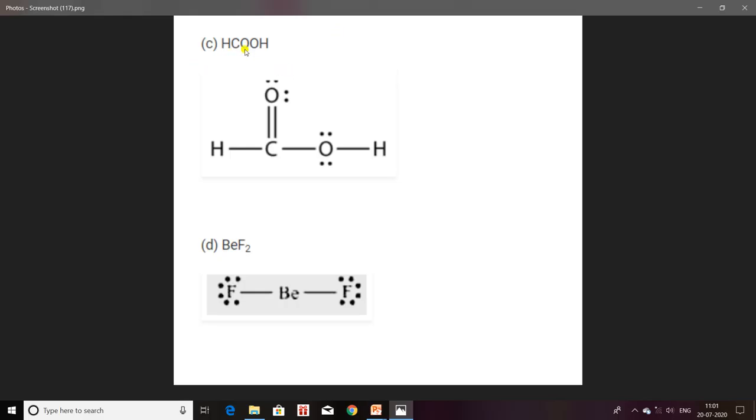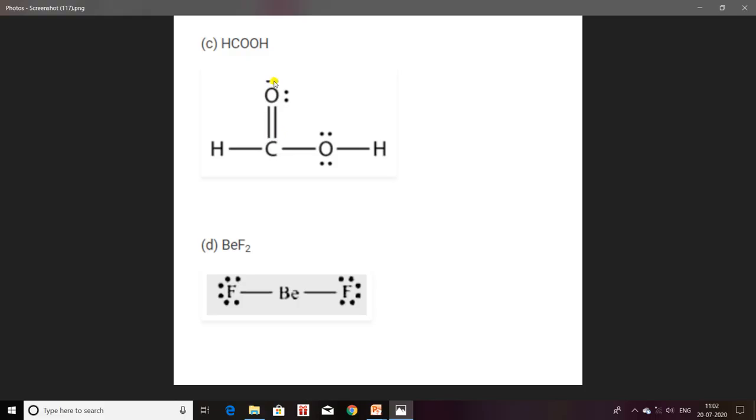Now next one is HCOOH, formic acid. So here central atom is carbon. Carbon atom is attached to one oxygen atom, second oxygen atom and one hydrogen. Okay, so now as you can see that carbon can form only 4 bonds. So here it will form double bond with this oxygen atom and single bond with the other oxygen atom, and with hydrogen it will form single bond. Now how will you come to know that it will form double bond with the oxygen atom? So for that you have to show valence electrons of carbon atom. So you will show first valence electron here, second valence electron here and 2 valence electrons of carbon atom here.